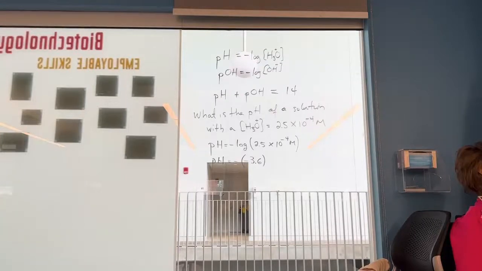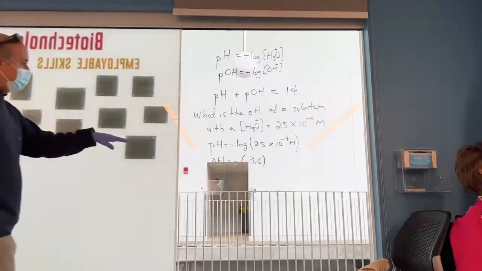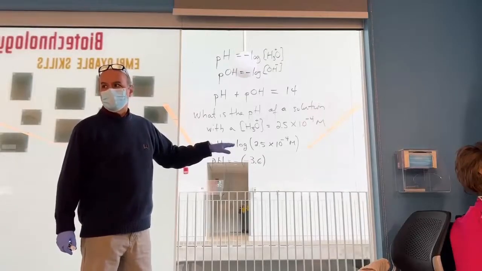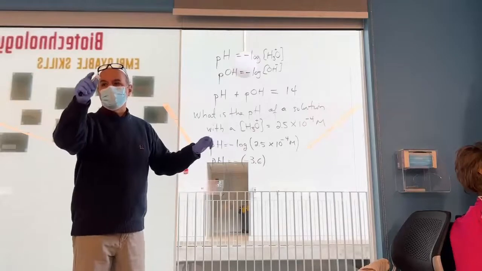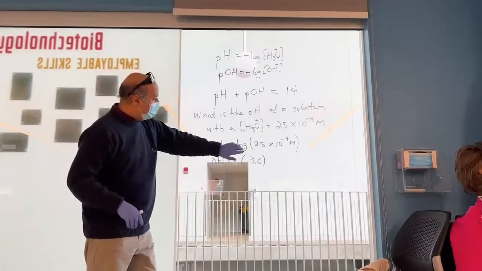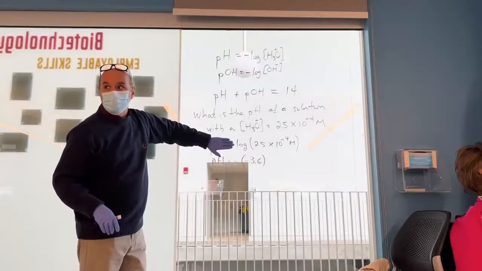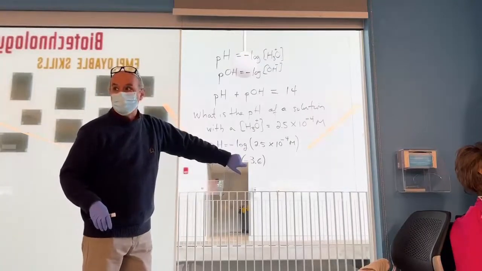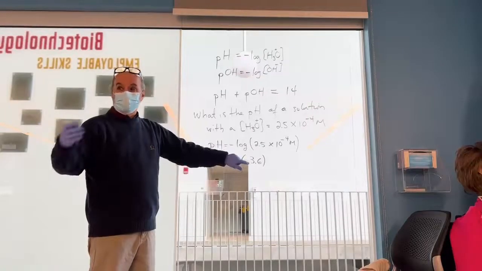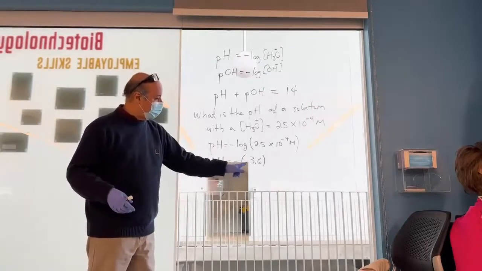I'll show you. You enter the entire formula: negative log, open parentheses, 2.5 times 10 to the negative 4. Don't worry, I was addressing what Stanley was asking. If you only put that, you're going to get a negative 3.6. But because you were asking the calculator to do that for you, negative times negative is positive, so